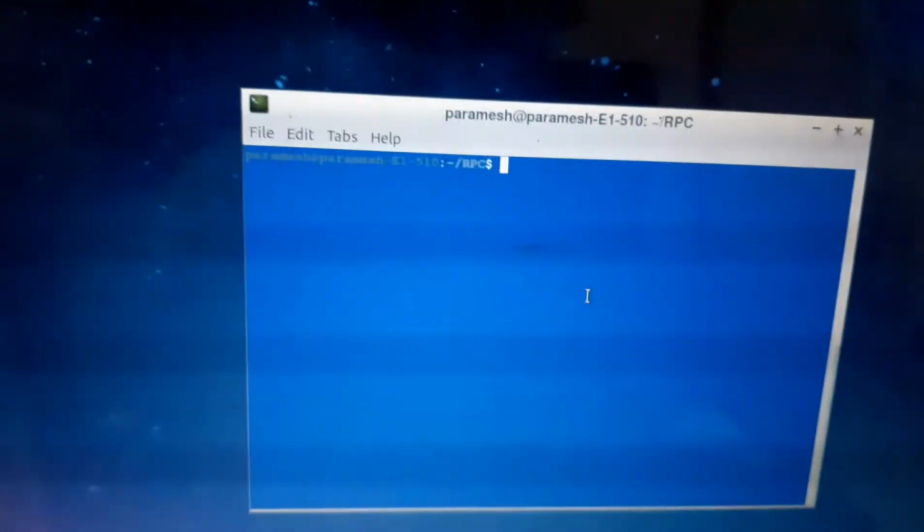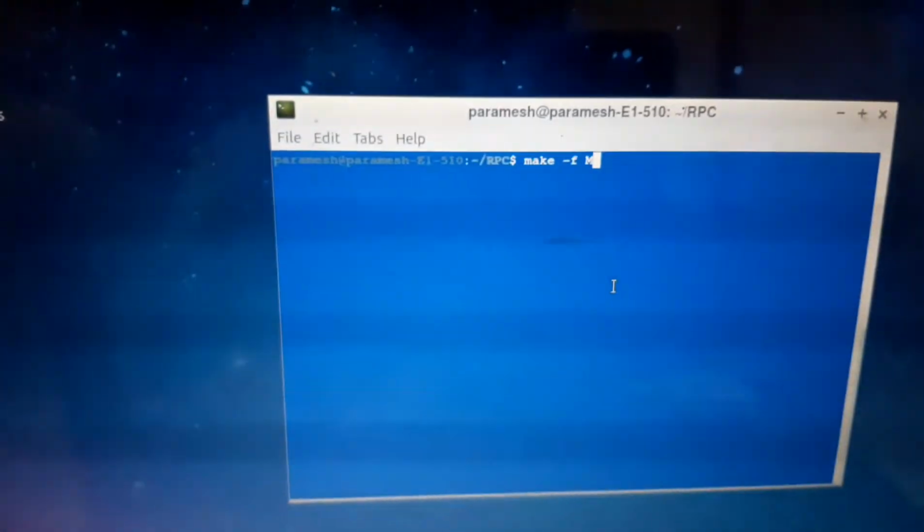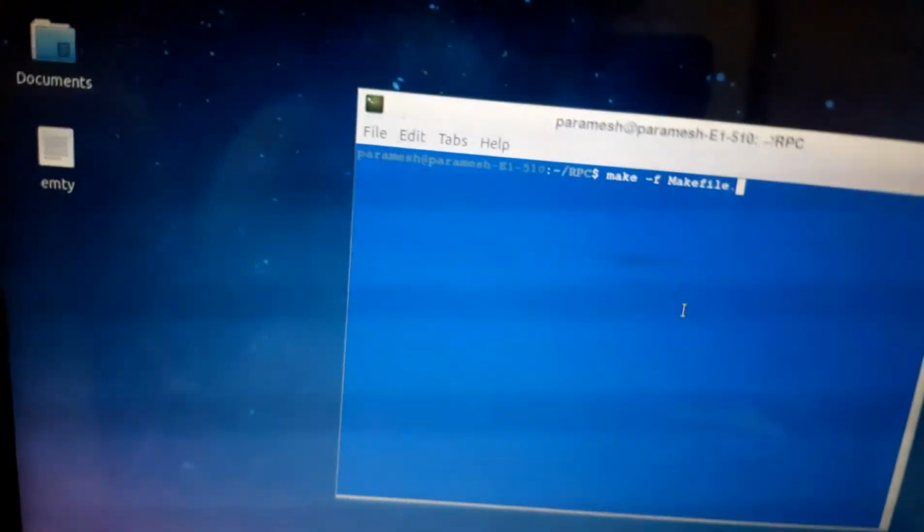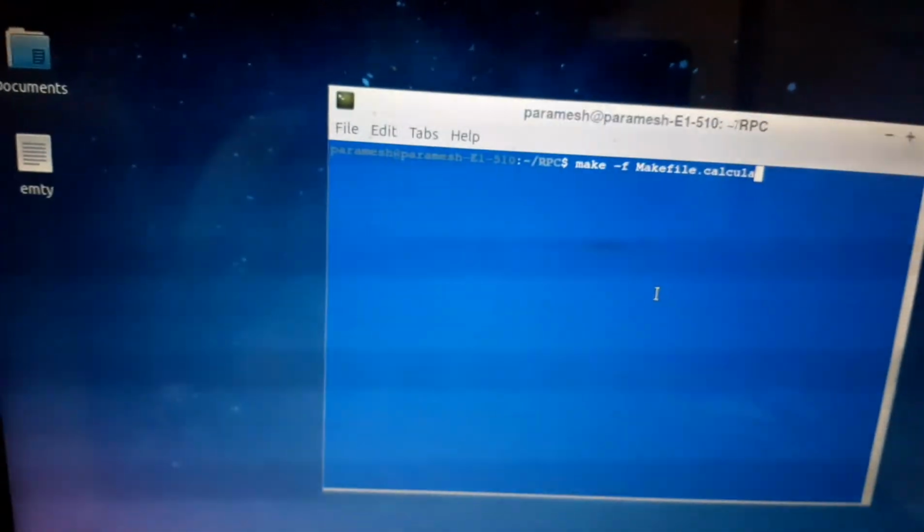After editing those files, we have to enter a command which is known as make space -f space capital M makefile dot calculate.